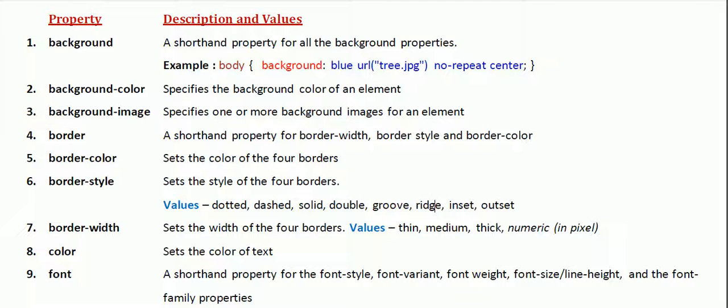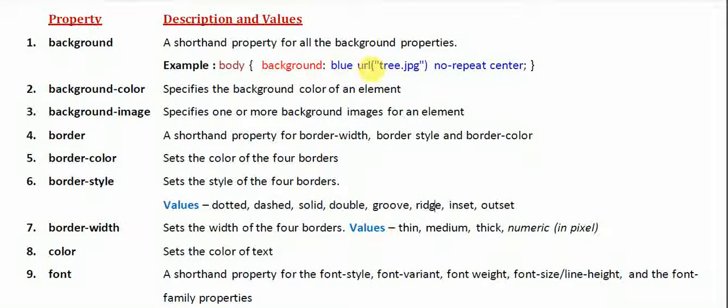In this tutorial we are going to learn about the properties that can be used in CSS, their descriptions and their values. Now the first one is the background property. The background property will include many values. It is a shorthand property for all the background properties, meaning everything related to background we can specify here, like